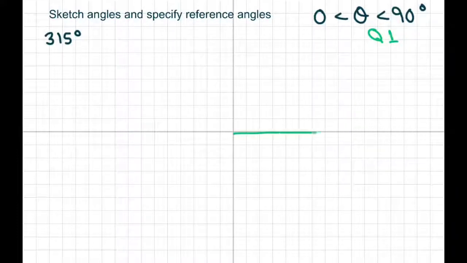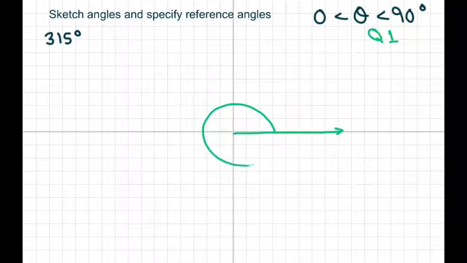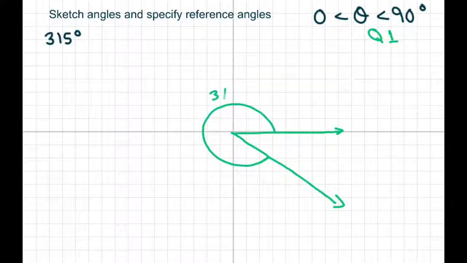This is your initial side. So I'm going to go all the way to 315, which is 45 degrees away from 360, so this is 315 degrees. Now, this is your terminal side, and so to get your reference angle, what you do is you draw up